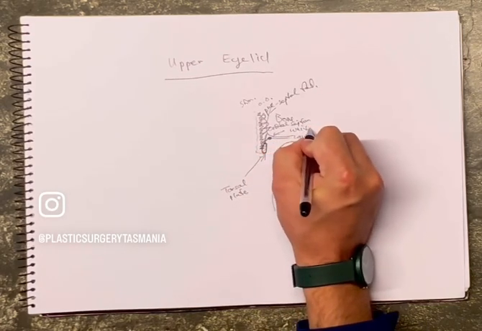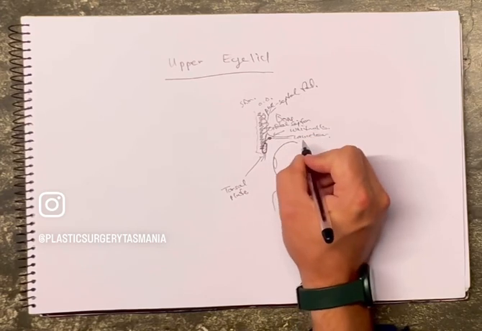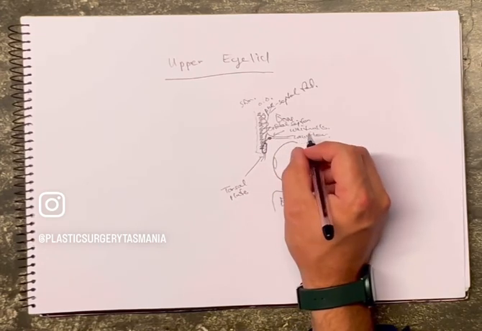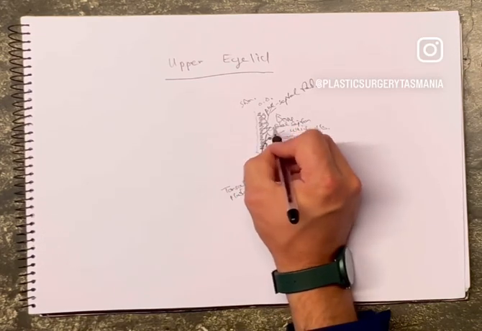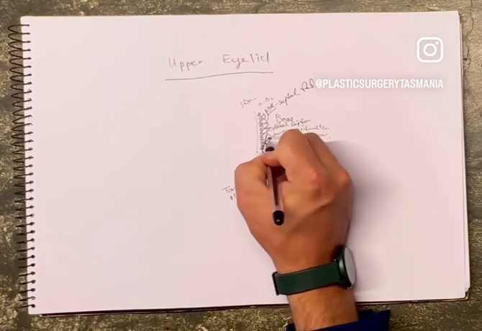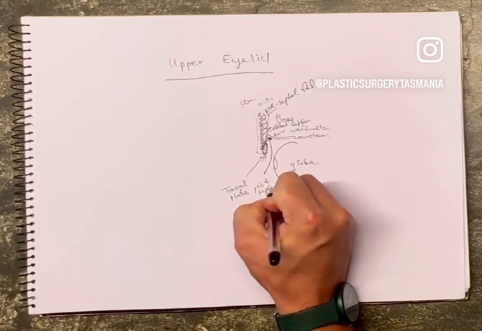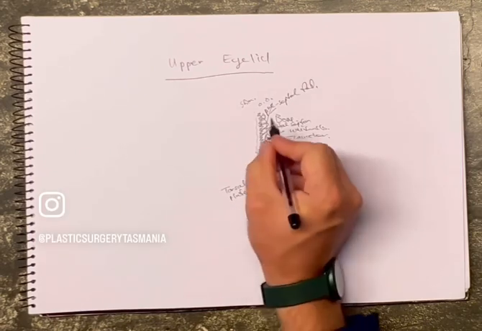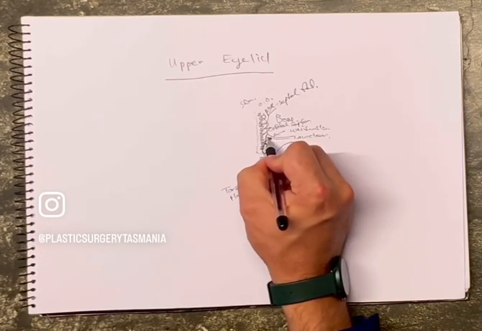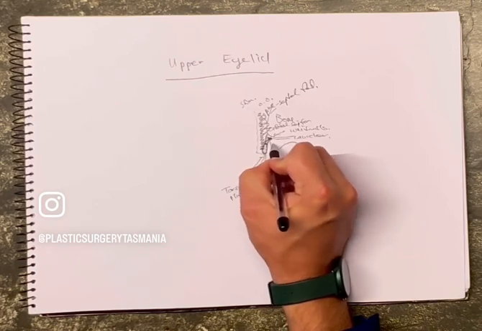All right, Whitnall's ligament is an important ligament or retaining ligament of the eye. Now behind the septum, again, you can guess it correctly, is postseptal fat. All right, and running from the bottom of the levator to the top of the tarsus is a little tiny